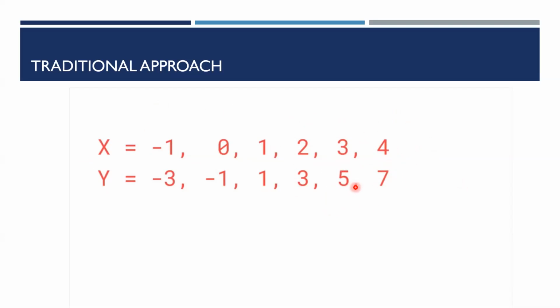If you have carefully observed, you would find that this is 2x minus 1. Yes, there is a relationship. Y is 2x minus 1. So you have 2 into 3, 6, minus 1 is 5. All these are 2x minus 1. So 2 into 1, 2, minus 1, 1. And 2 into 4, 8, 8 minus 1, 7. So these 2 sets of numbers have a relationship, and that is 2x minus 1.